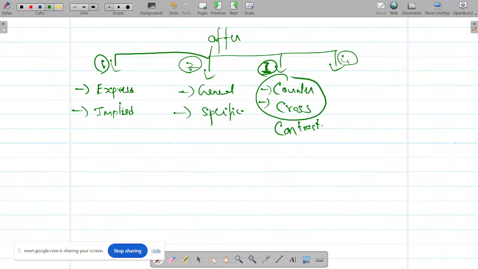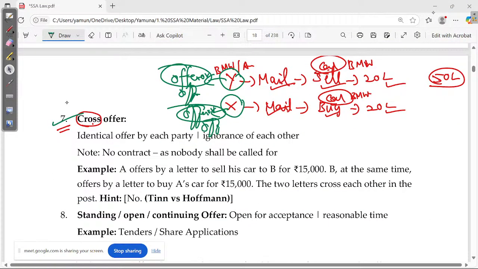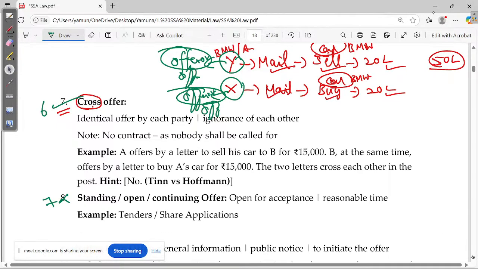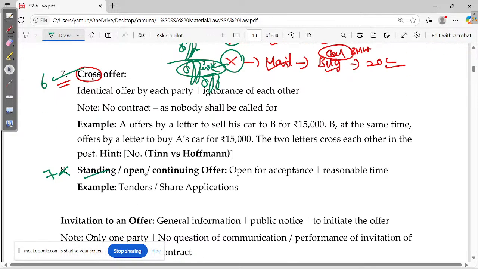Last one, the fourth category is what you call a standing offer, which means I'll give you the offer and it will be open for a particular period of time, probably 1 week. I may be mentioning it, or some reasonable period will be there. Before that, you have to accept it. This is what I call standing. So we have totally 7 different types of offer. The alternate names for standing offer are open offer, or continuing offer.